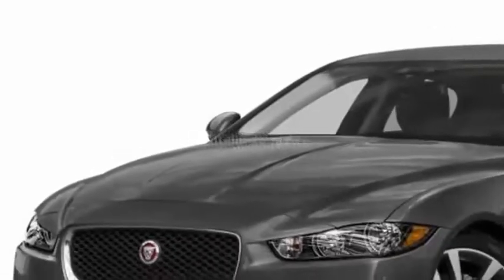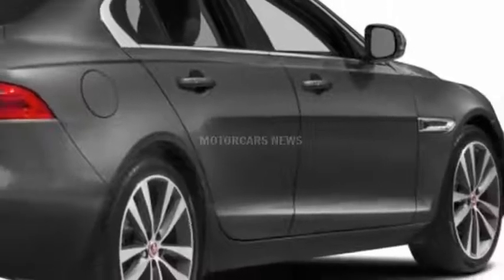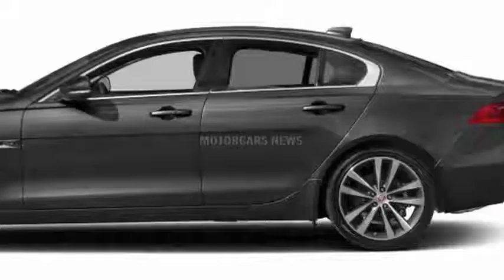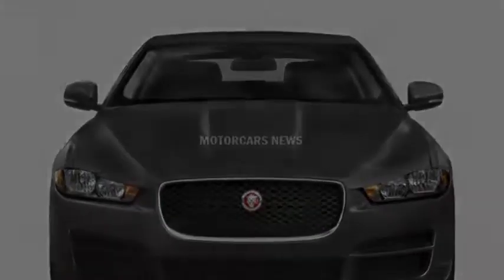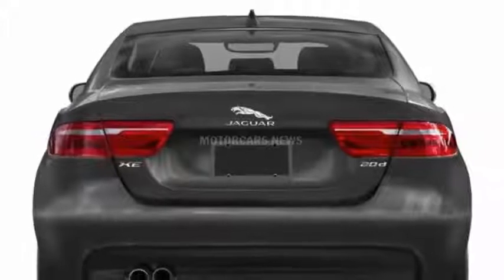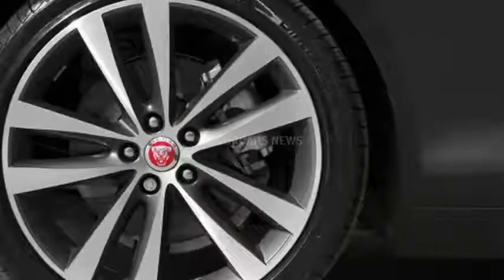Our long-term 2017 Jaguar XE diesel recently returned from a 2,000-mile road trip. My wife and I took a few days to visit her family in Auburn, Alabama, and it was the first real chance anyone has had to stretch the Jaguar's legs outside of Michigan. It was also a good opportunity to see what sort of fuel economy I could wring out of the XE's